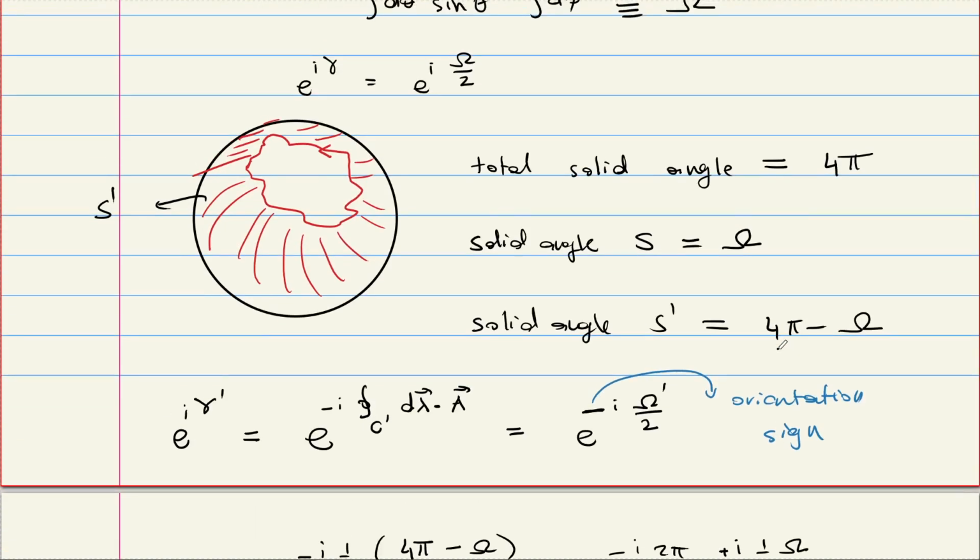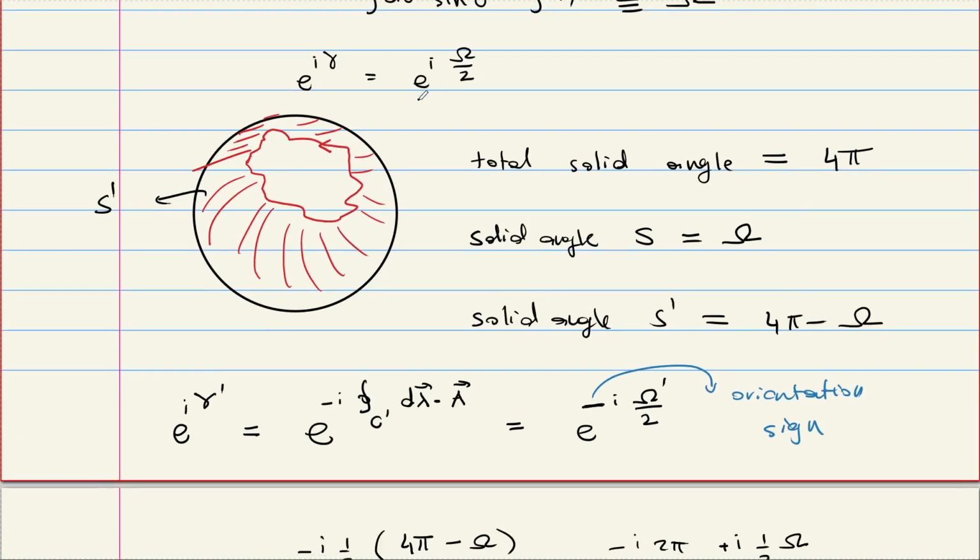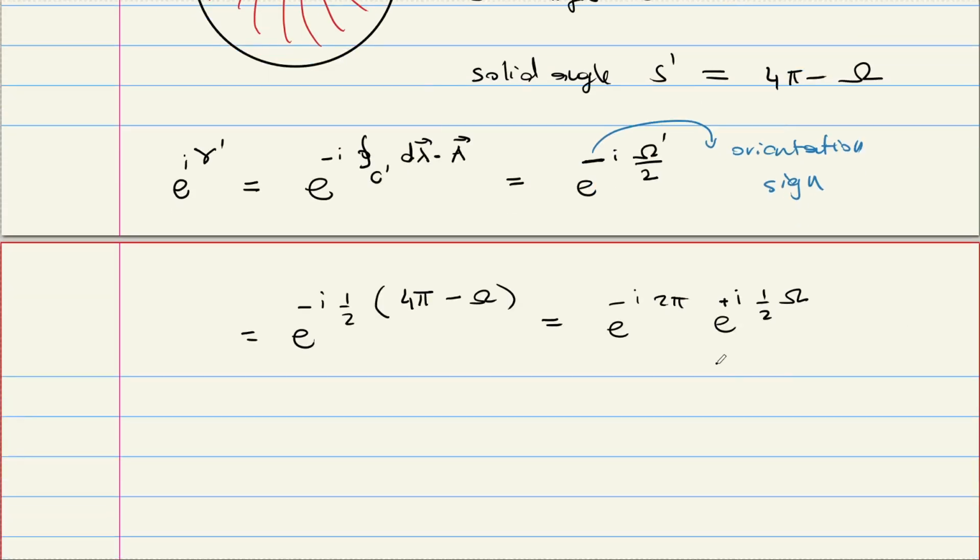But if I go back and look at it, it's exactly what I defined, e to the I gamma. This is e to the 2 pi I, which is 1, and as you can see, this is e to the I gamma. So that means I have the same